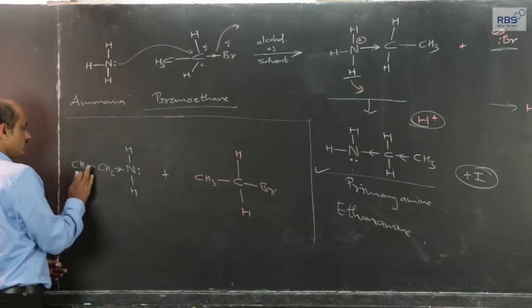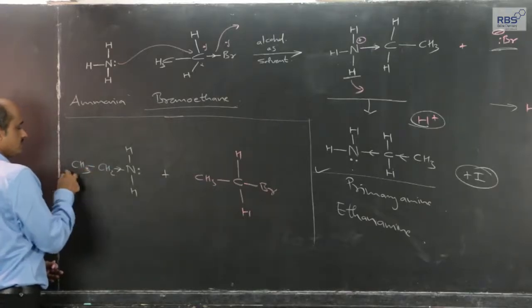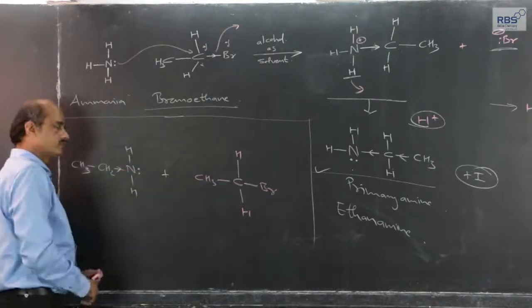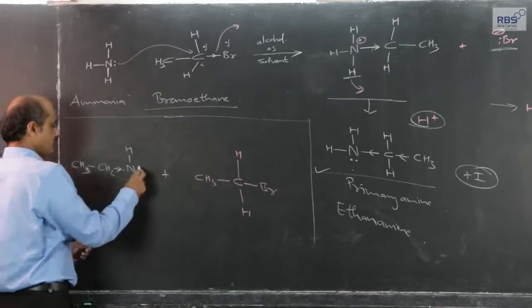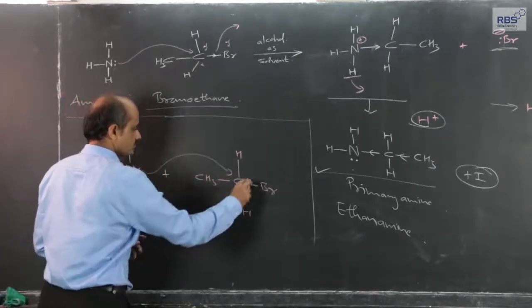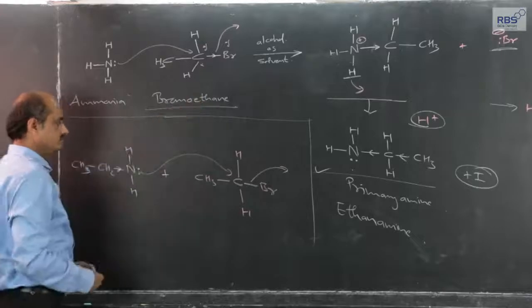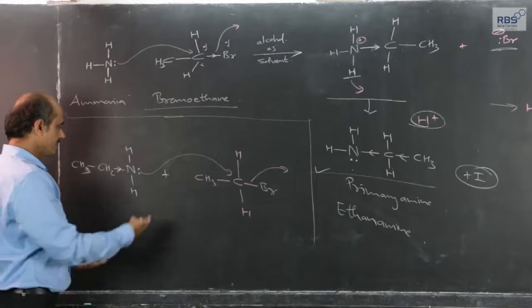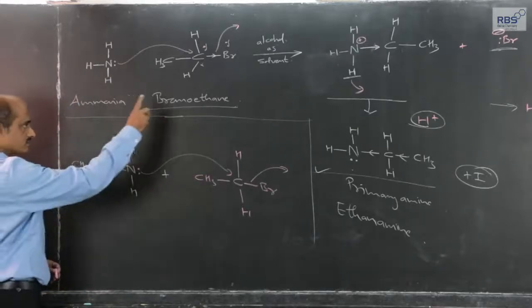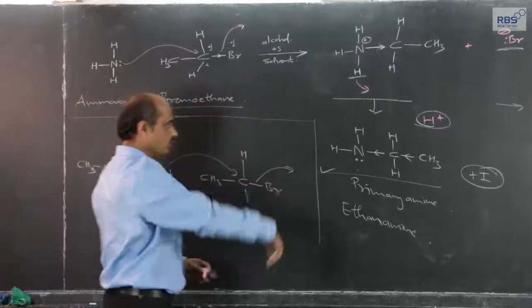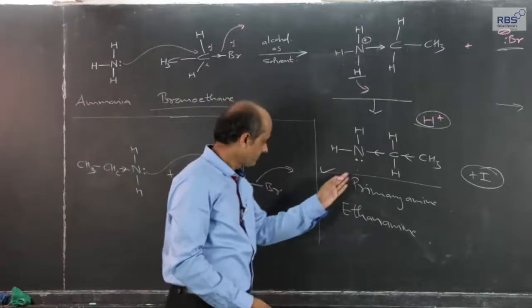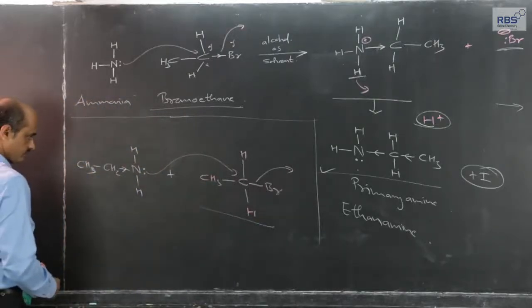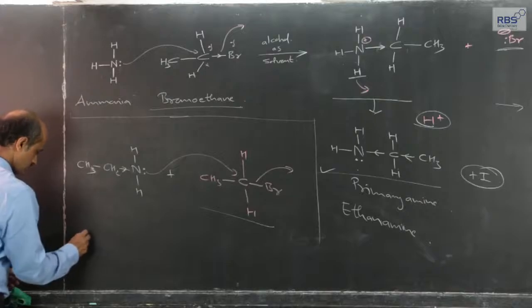Just now I have told you, because of the plus I effect of the ethyl group, the tendency of this nitrogen to release the lone pair becomes easier than in ammonia, and therefore whatever we studied will continue as long as hydrogen atoms are present. Therefore, this reaction does not stop at this stage. This will further react with alkyl halide, giving rise to, I will write it directly actually,